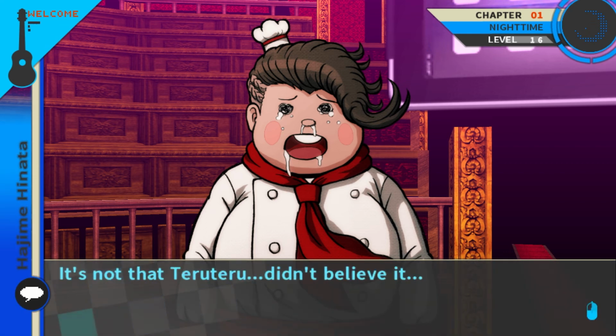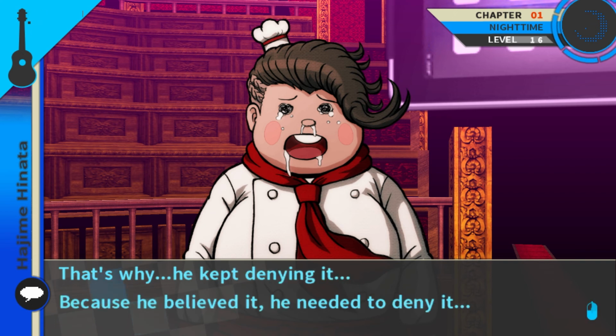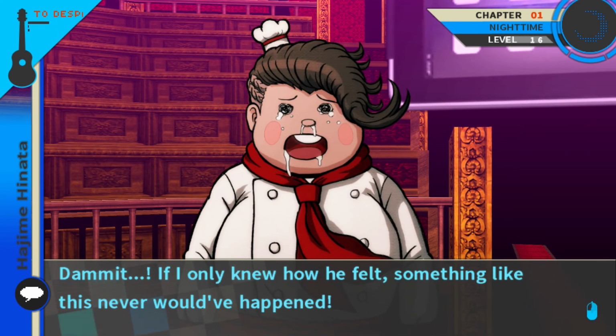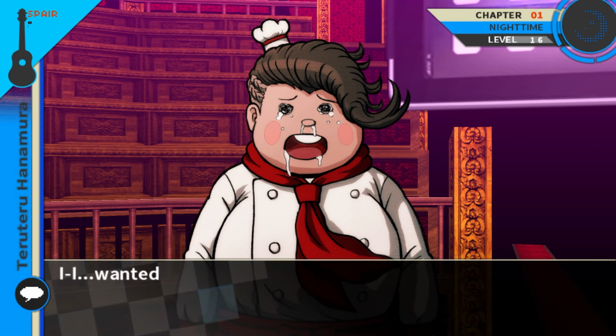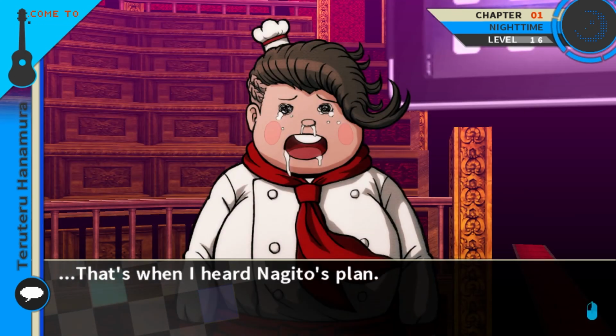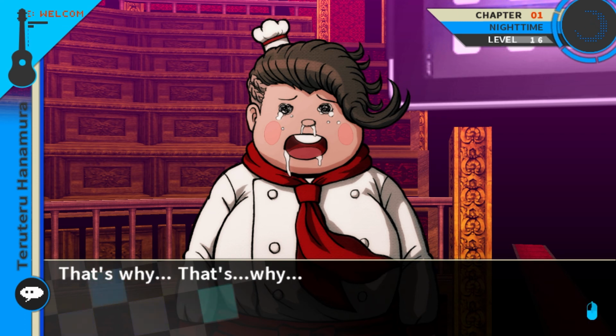It's not that Teru didn't believe it. He believed it more than anybody else here. That's why he kept denying it. Because he believed it, he needed to deny it. Damn it. If I only knew how he felt, something like this never would have happened. I wanted to confirm by any means necessary. I had to do something. That's when I heard Nagito's plan. I found out he was going to kill someone if I left him alone. That's why...